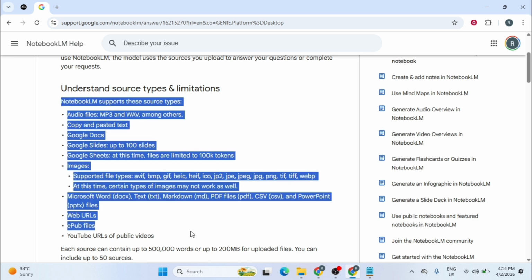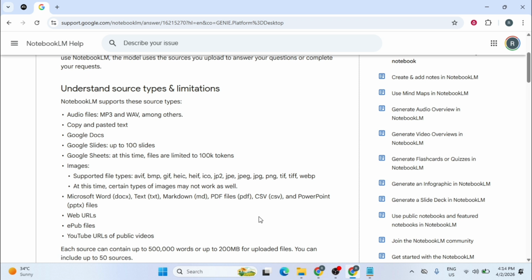While NotebookLM supports a wide range of text and image formats, direct video file uploads like MP4s are not currently